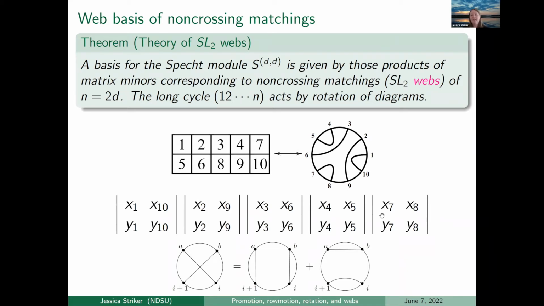And so this polynomial, the theorem is that a basis for the Specht module, which if you know what that is, that means something to you. If not, just think of the space of SL2 invariant polynomials. So a basis for that is given by all the polynomials associated with non-crossing matchings. And one great thing about this basis is that the long cycle acts by just rotating your diagram, and that's just going to rotate all of your indices on your variables. So rotation takes basis elements to basis elements, which isn't true of some of the other bases